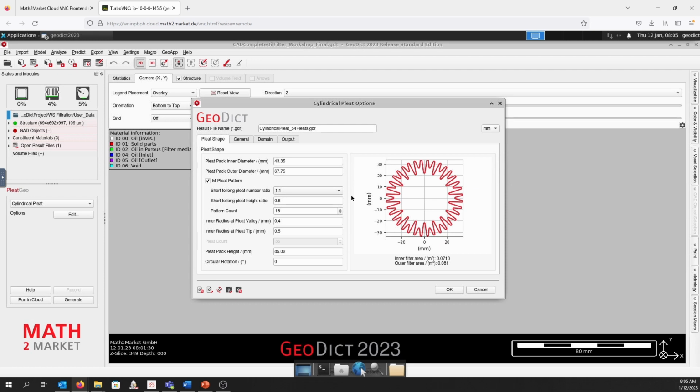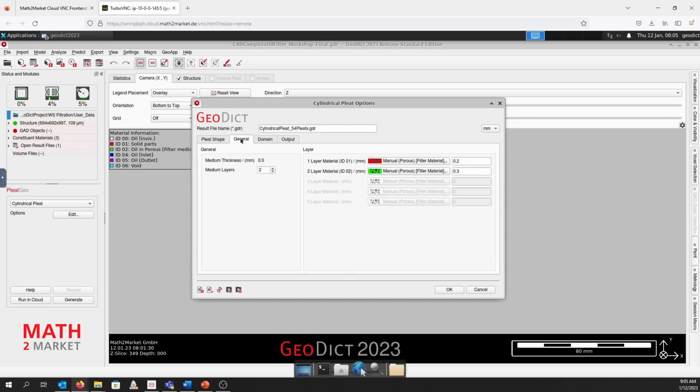In our case, as we have an oil filter, a classical pleat without the M-pleat pattern, we deselect this option. I just wanted to show and highlight the functionalities which can be additionally chosen in the pleat geo module to you. And then we move on to the next tab, which is the general tab.